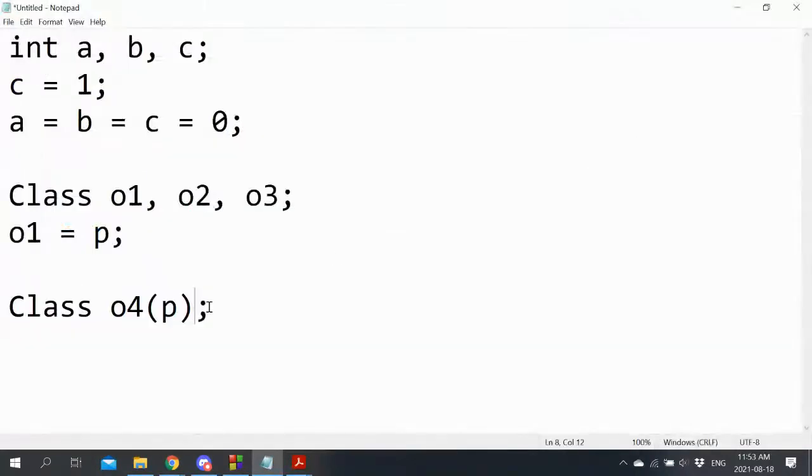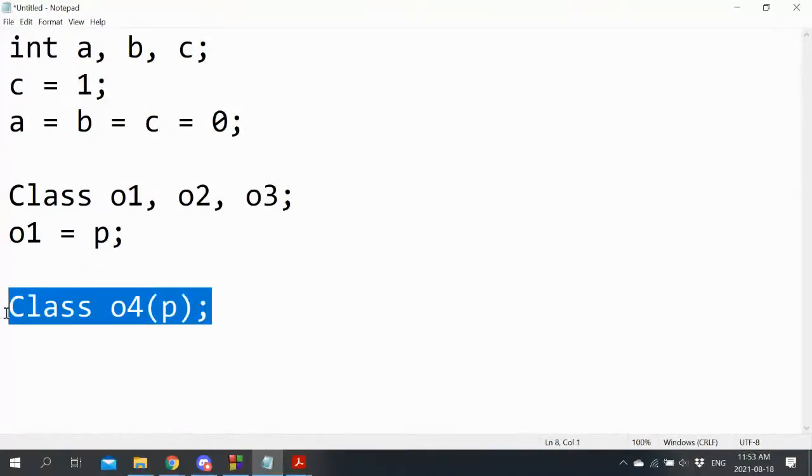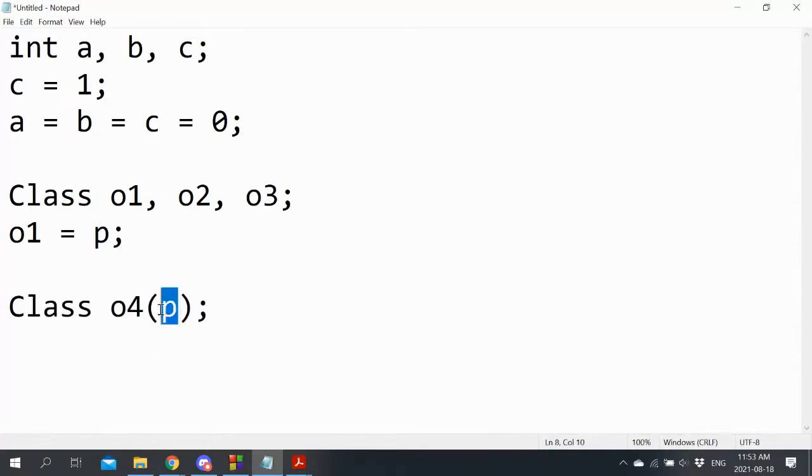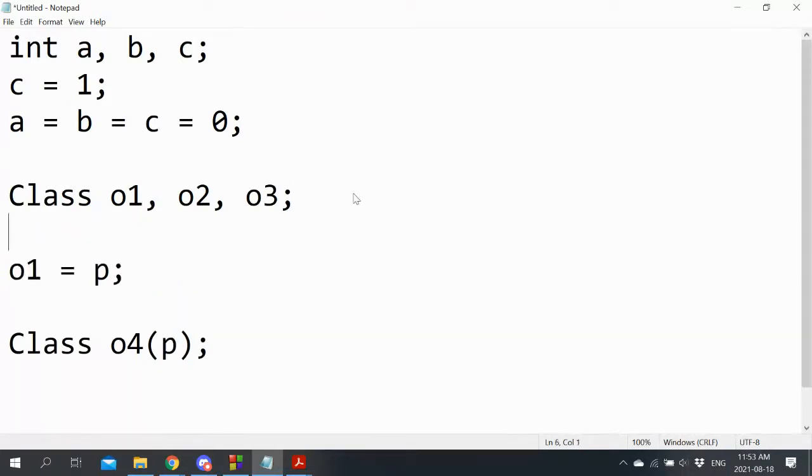And the answer is, in the case of the copy constructor, does O4 exist before this point in time? And the answer is no. O4 is popping into existence at this point in time and being sent the value P. There's no pre-existing memory or resources of any kind that need to be disposed of first before we can allocate and transfer from P. Whereas over here, O1 potentially has all sorts of stuff